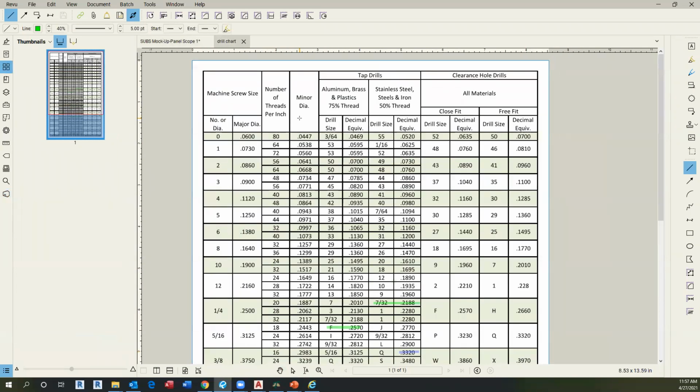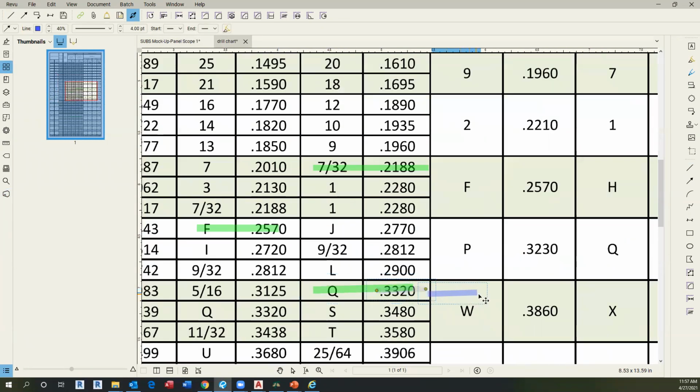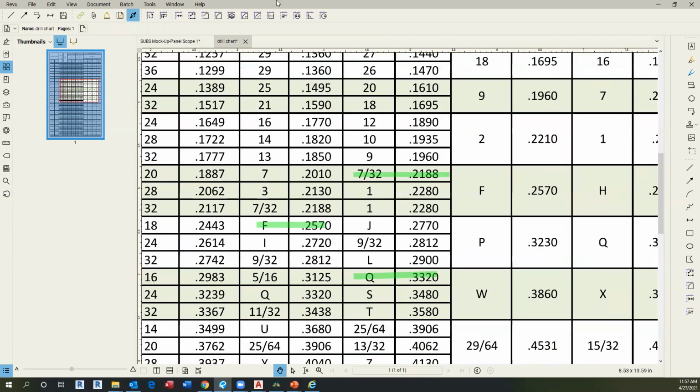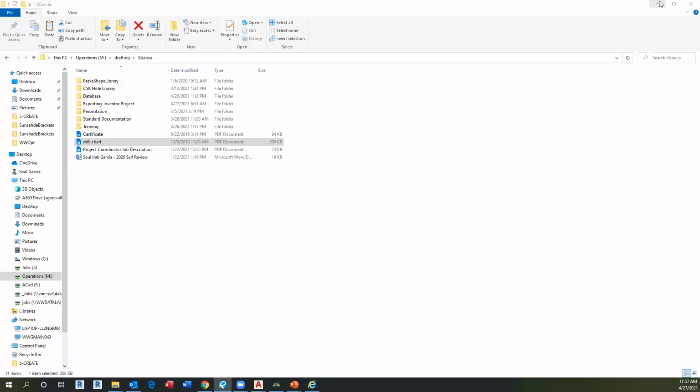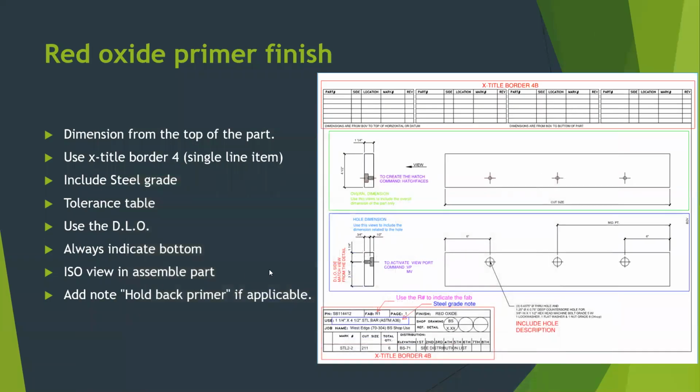If I'm in aluminum, then I use this one. If I'm in stainless steel, I use this one. So in this case, I need to use a Q hole, or 0.332, which is the diameter that I need to drill. Okay, with that in mind, I go back to my fab here, and I'm going to create that hole